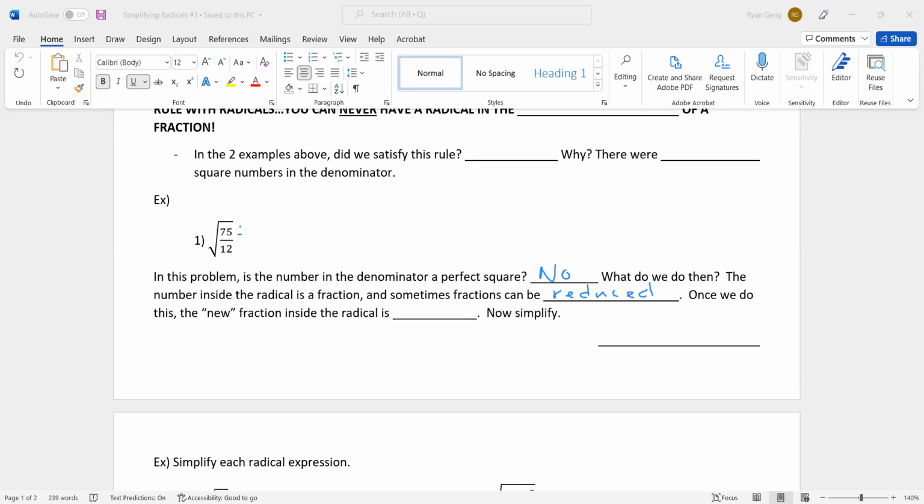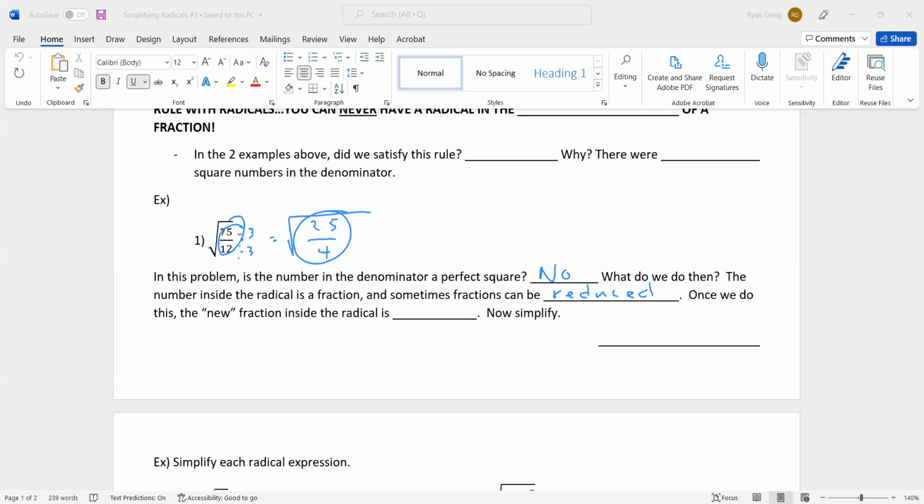I can divide 3 out of the top and the bottom. Now, one thing a lot of people do when they do that is they take the radical away. The radical has not gone anywhere. I'm just reducing a fraction. The square root is still there. 75 divided by 3 is 25. And 12 divided by 3 is 4. If I take 75 and divide it by 12 in the calculator, I'm going to get 6.25. If I take 25 and divide it by 4, I'm going to get 6.25. These two fractions are identical